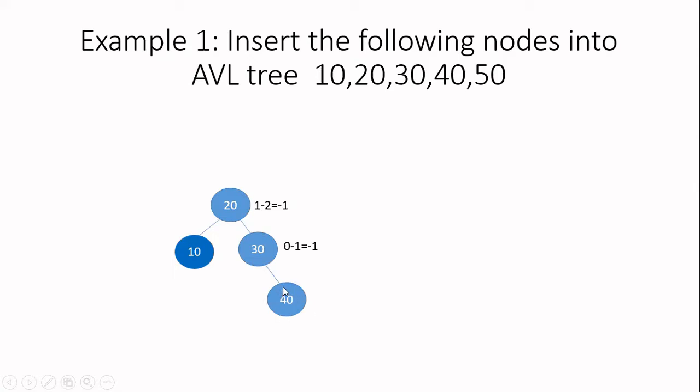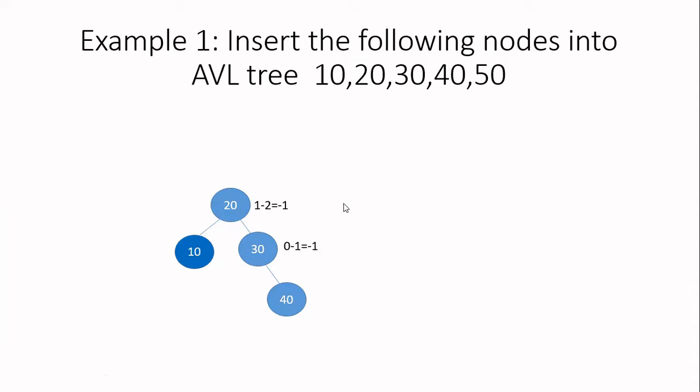After that, calculate the balance factor for all the nodes again. For 30, balance factor is 0 minus 1 because in the left subtree nothing is there. So it is -1. For 20, balance factor is, in the left subtree I have 1 as the height. In the right subtree, the longest path is having length as 2. So 1 minus 2 is -1. Now we have balance factor for all the nodes in the allowed range. So no need to balance anything. Just go and continue inserting the next node.